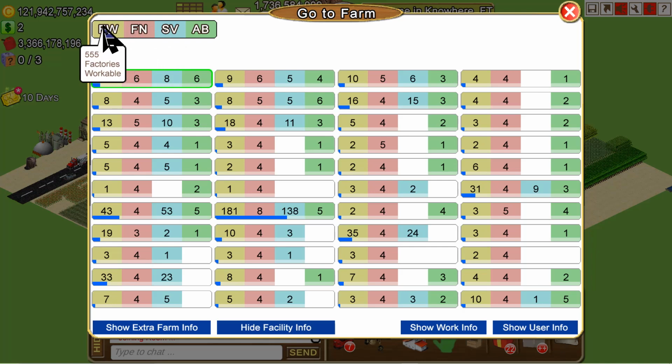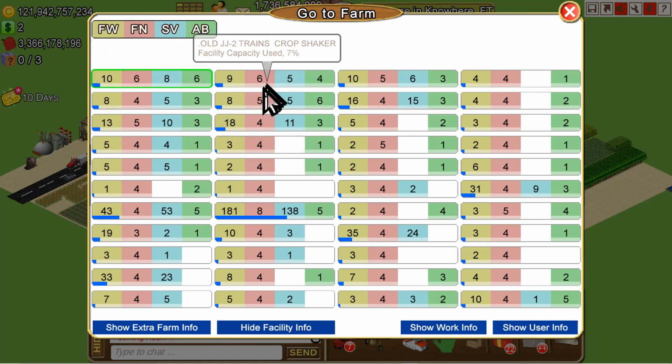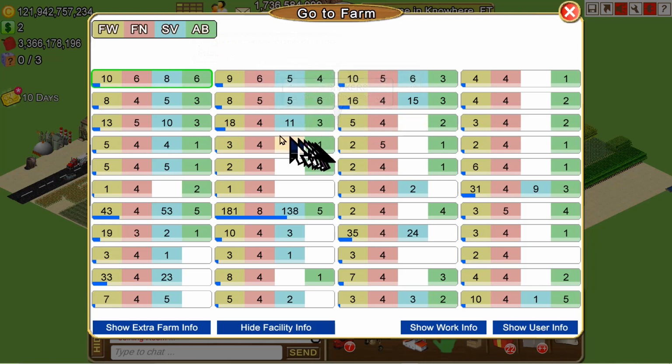Those are your regular facilities. How many of them? And down below it shows you approximately how well they are utilized, the facility capacity usage. Now, as an example, our big farm here for facilities is this farm right here. Here we have 181 regular facilities. We have 8 non-workable facilities. We have 138 of these and